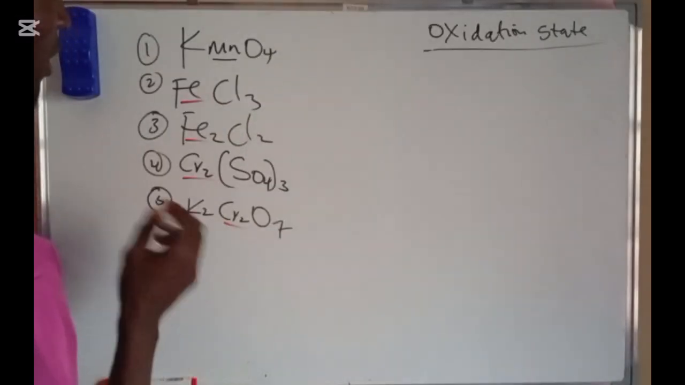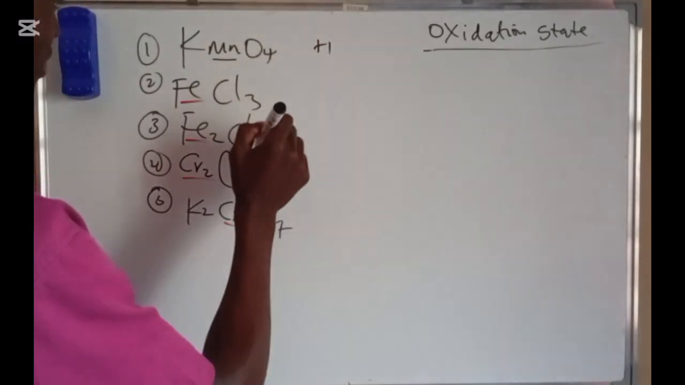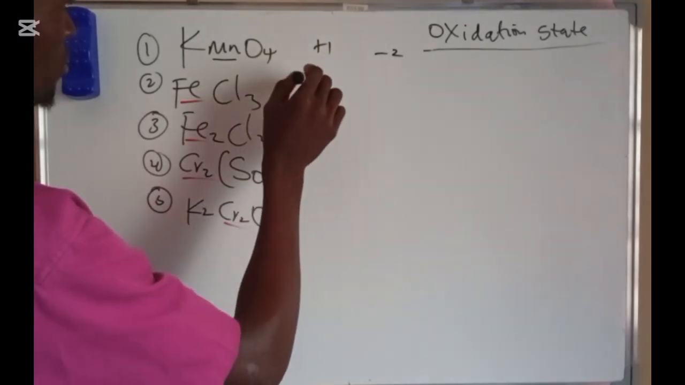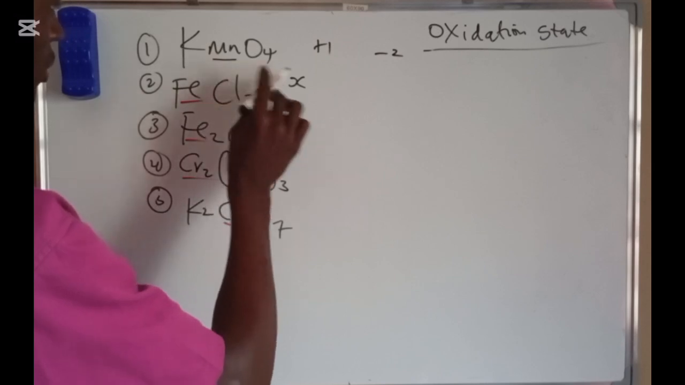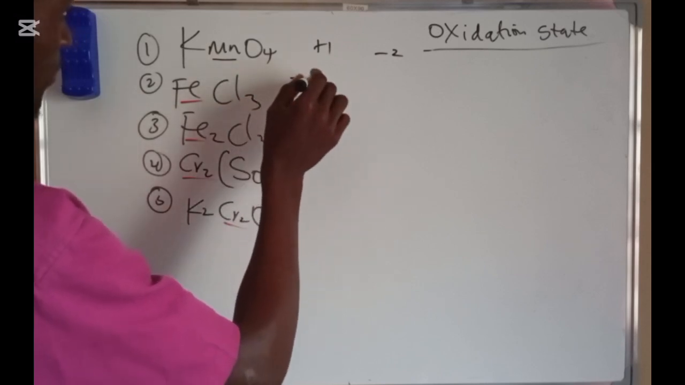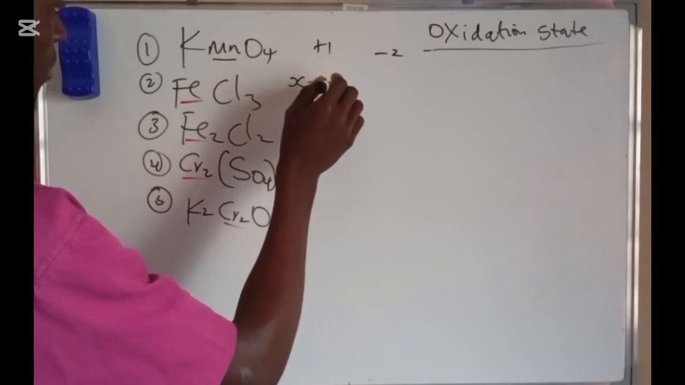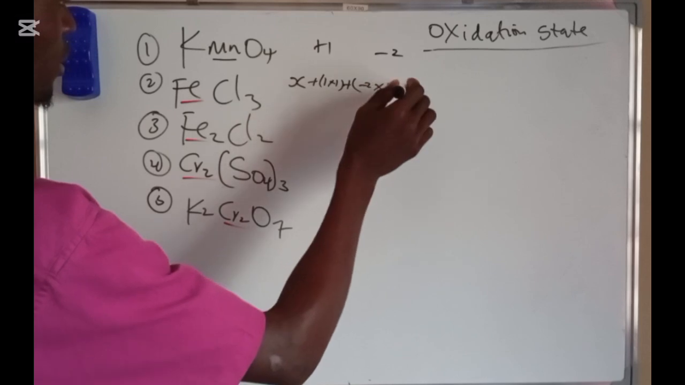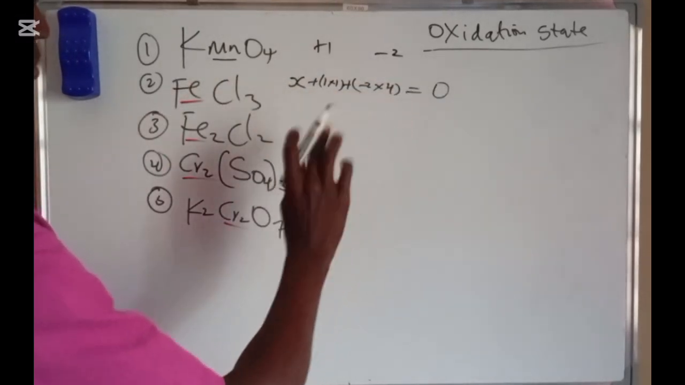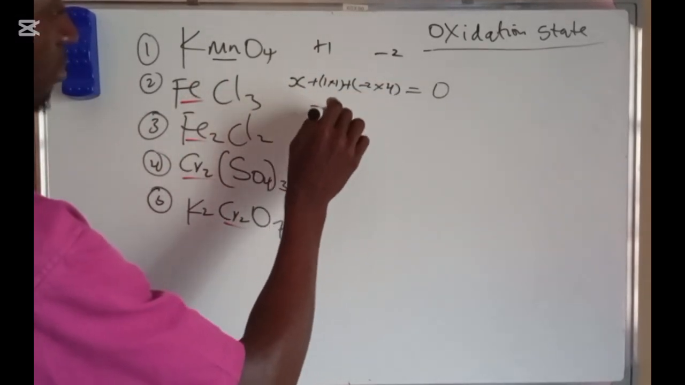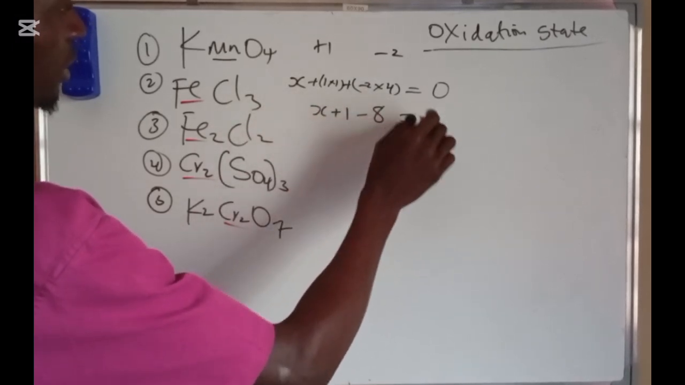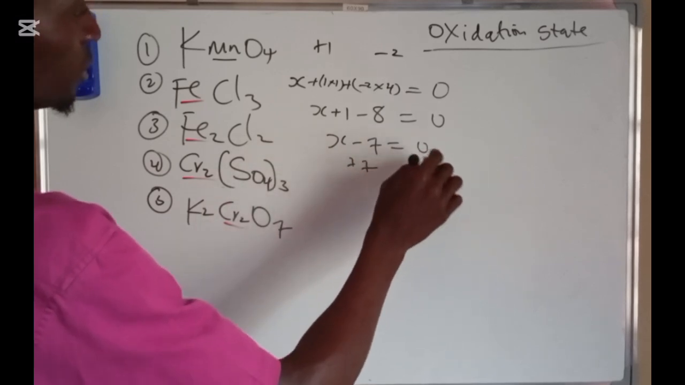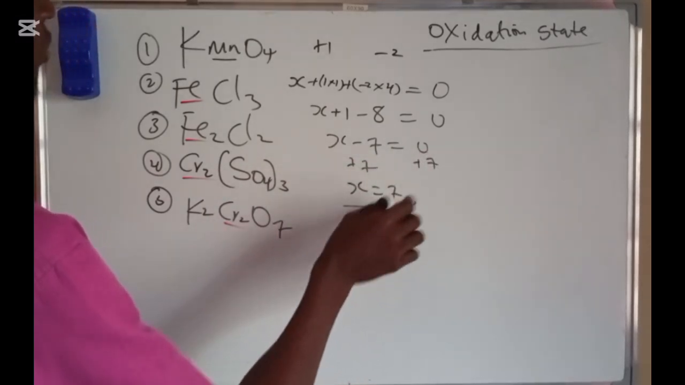We have potassium permanganate. Potassium is +1 and oxygen is -2. Here manganese is unknown. Starting with manganese, I can say, okay, unknown, that is x, plus the oxidation state of potassium, which is 1 multiplied by 1, and then plus the one for oxygen, which is -2 multiplied by 4. The sum of the oxidation states here must be 0. So here we have x plus 1 minus 8 equals 0. Here we have x minus 7 equals 0. By adding 7 to both sides, we have x is 7. That is the oxidation state of